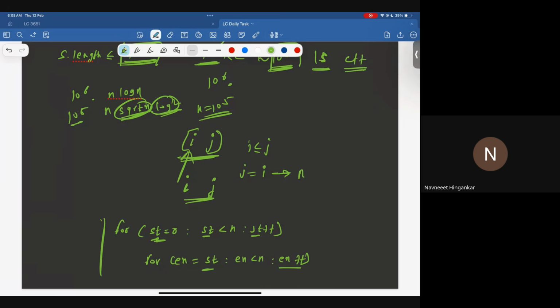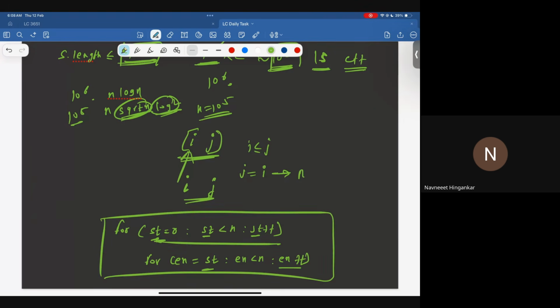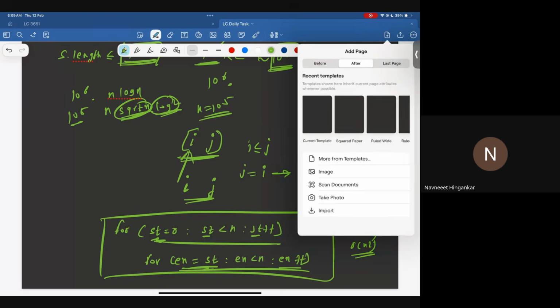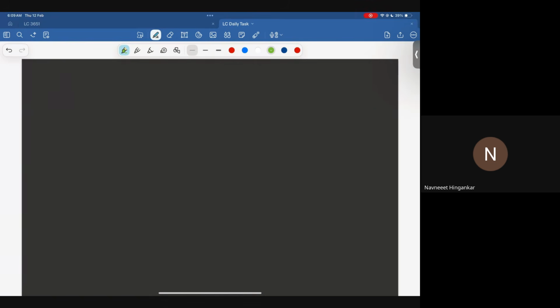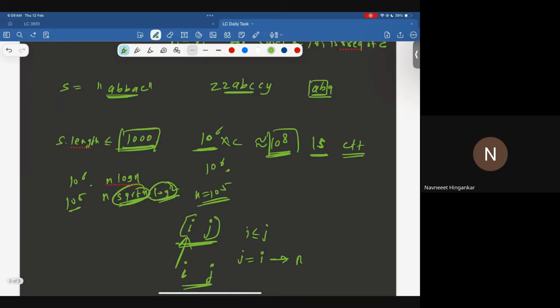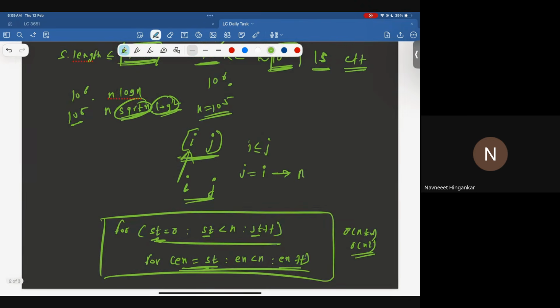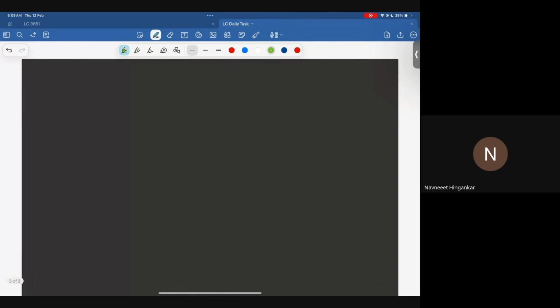So here, obviously for each start we are doing n operations, so it's O of n into n, so it's O of n square, and it's feasible for the given constraint. And then you need to just check if that substring is valid or not. Now, once you have done this for loop, all you need to do is, if substring is valid,